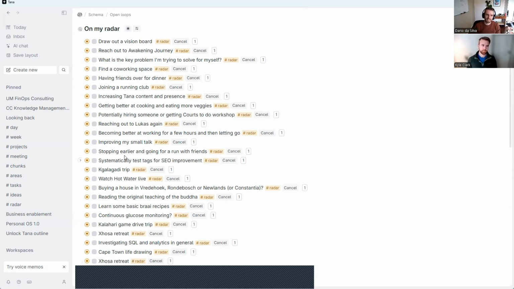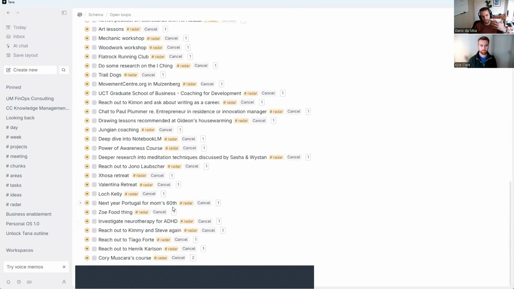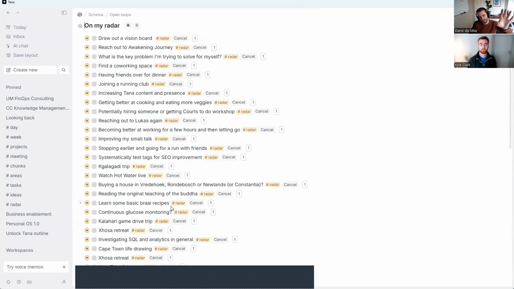It just gets a hashtag radar and it goes on here. So this is a long list, and it's just nice to be able to go back and look at these things, every now and again. I don't have a structure of how I do this, but I think we chatted about the Ray